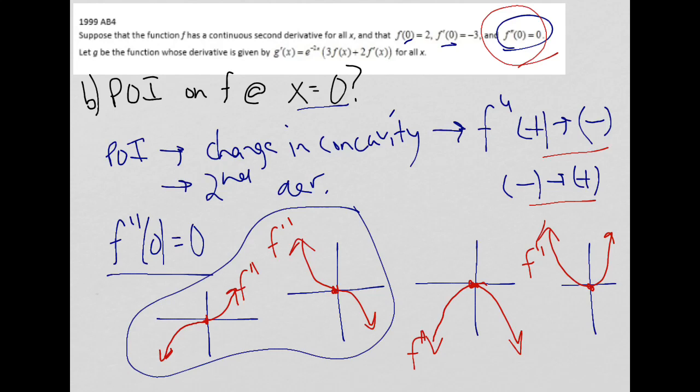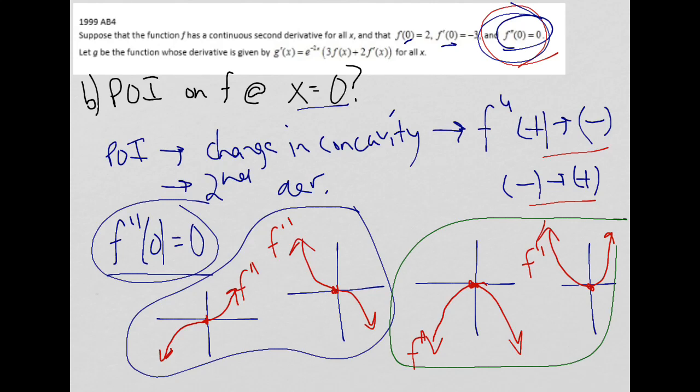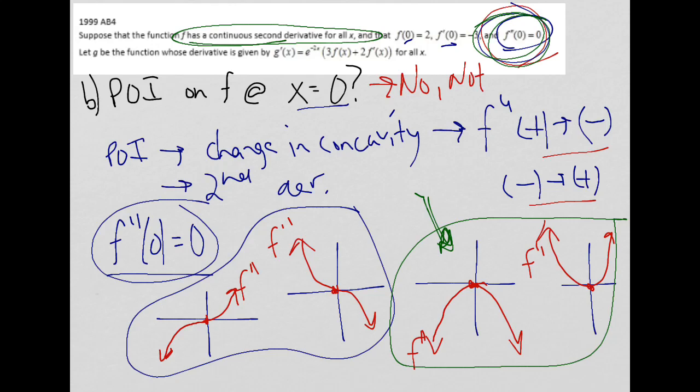So in these 2 cases, I would have a point of inflection based on this information. But in these two cases, I could have this same thing be true, but not have a point of inflection. So because I can't exclude those cases based on the information that they've given me, and notice this fits the whole continuous second derivative, because I can't exclude these two cases, my answer is no, not enough